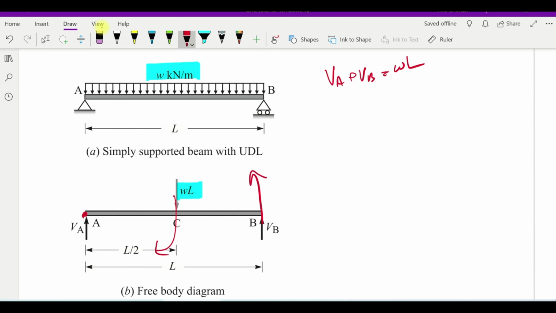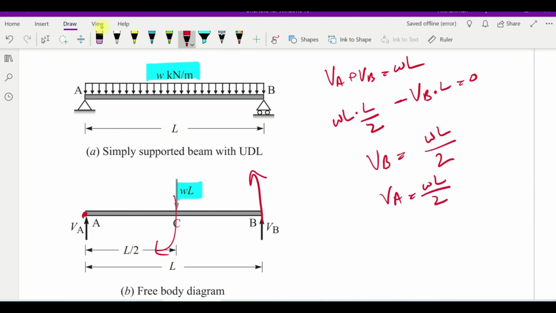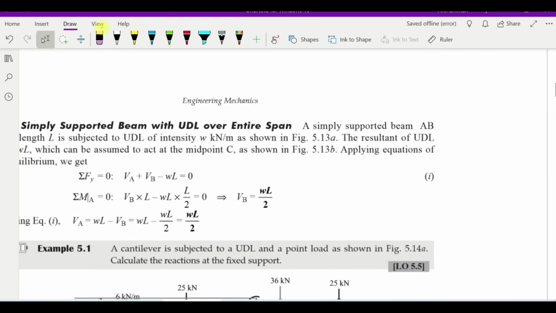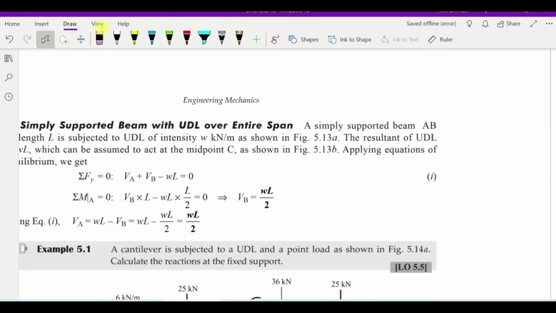So let us use the second equation of equilibrium. WL into L by 2 minus VB into L is equal to 0. So VB is equal to WL by 2. VA will also be equal to WL by 2 due to symmetry because the load is applied centrally. So we can say that both the reactions are equal. As you can see here, both the reactions are